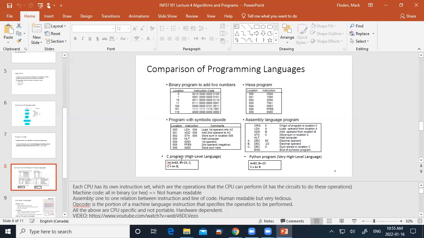A level higher than that would be our third generation or higher level languages, and they would include things like C, Pascal, BASIC, Python, Java. What they do is they're very programmer-centric. What I mean by that is that it's written in a very formal way, but it's written by the programmer in a way that they can understand, right? So the programmer understands that this is